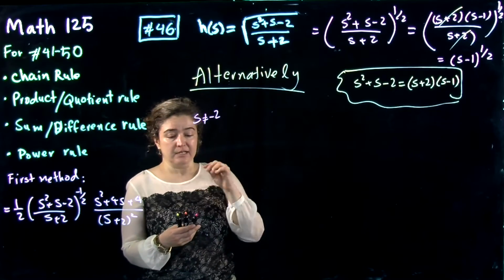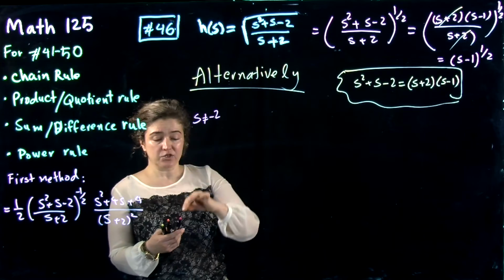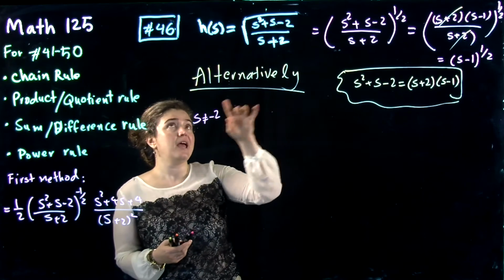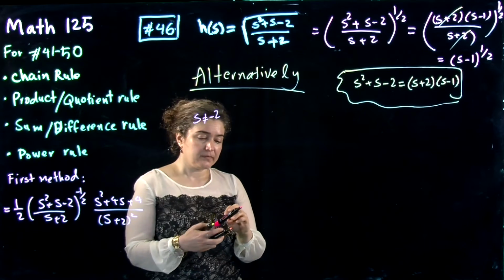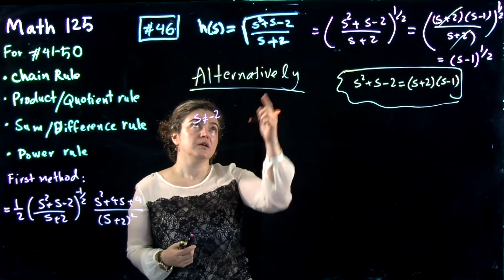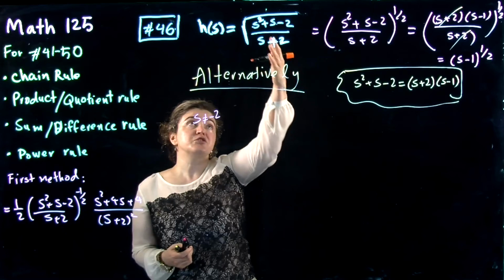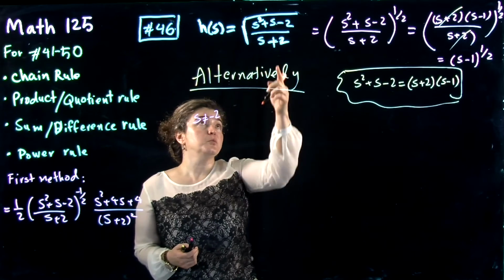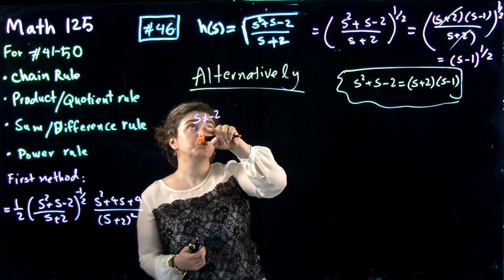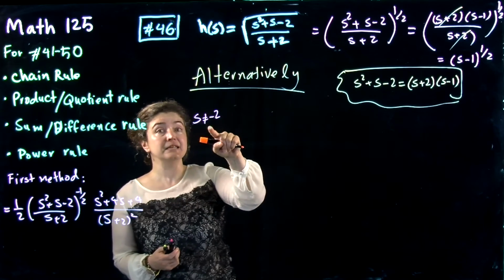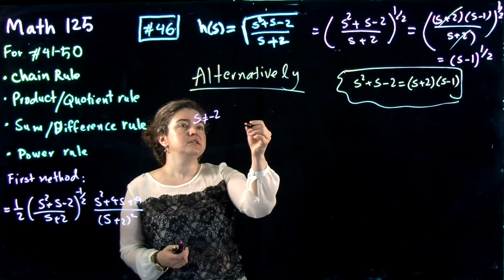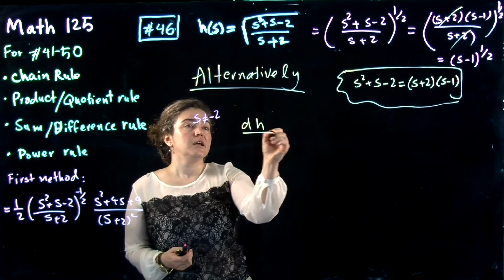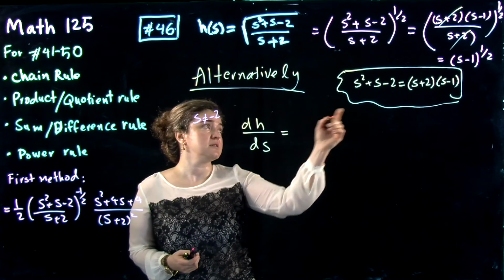Now let's take the derivative of h with respect to s when s is not equal to negative 2. Well, domain is more restricted overall, but when you simplify, this would go away by reinstating that, makes it all work. And so dh ds is going to be,